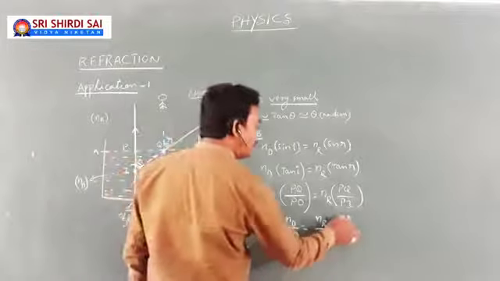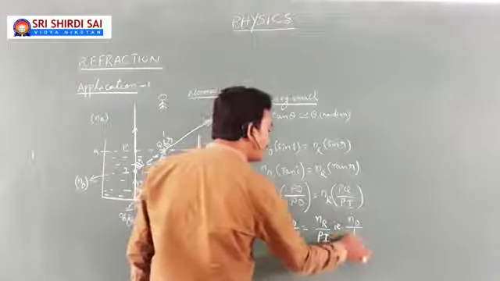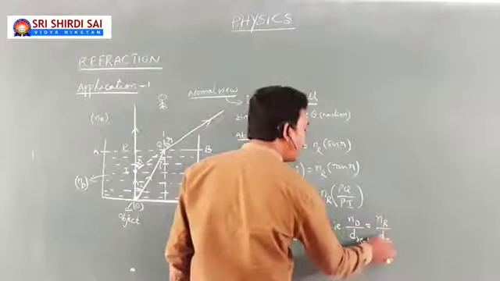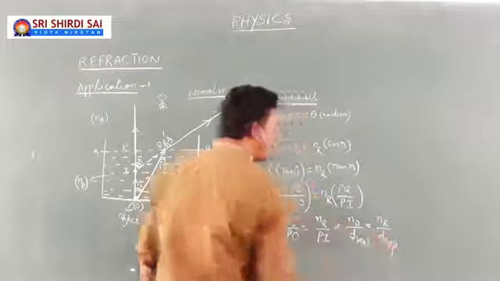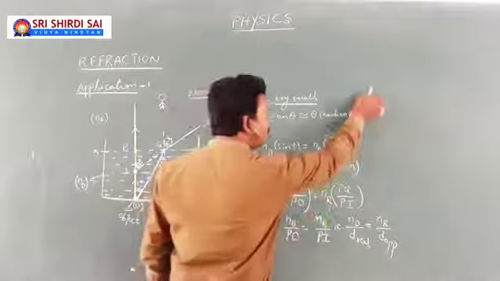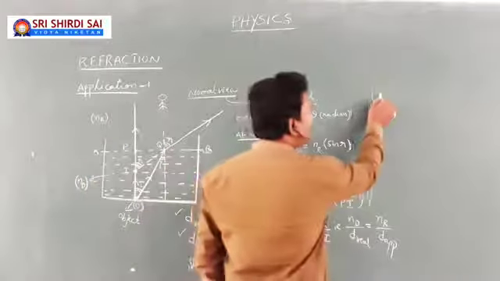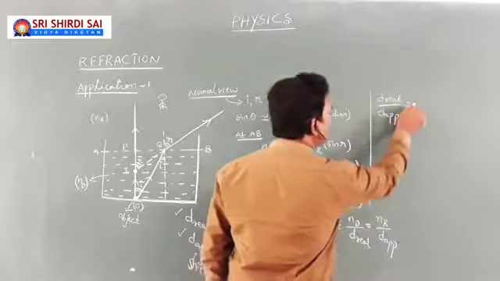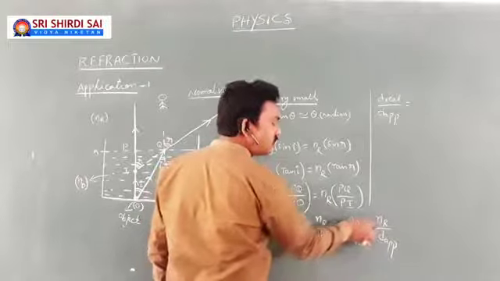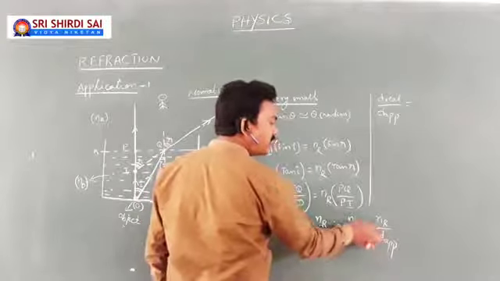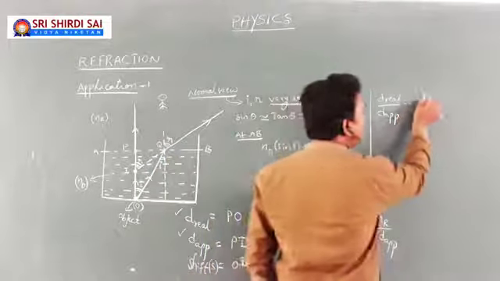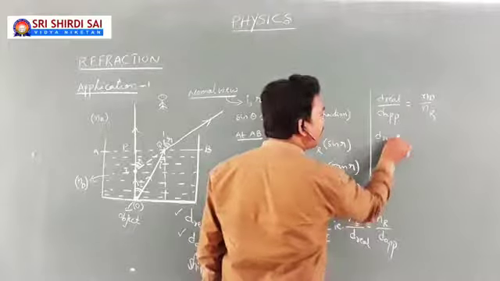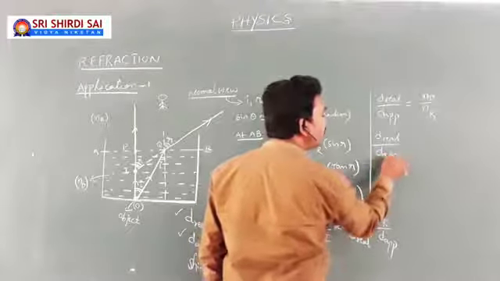From this we can write it as ND by PO, where PO is the real distance, equal to NR by PI, where PI is the apparent distance. Hope you are following. Now from this my final conclusion: I am writing real distance to apparent distance equal to real distance, take this to the right side, by apparent distance equal to NR, take to the left side, then ND by NR. But let me write in a conceptual manner: the ratio of real distance to apparent distance equal